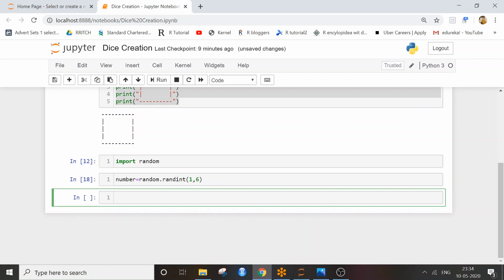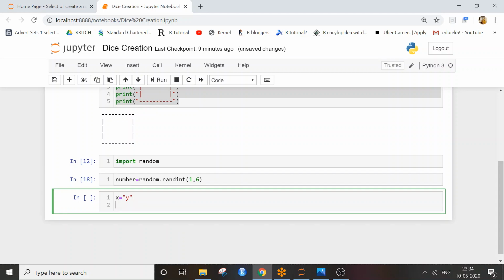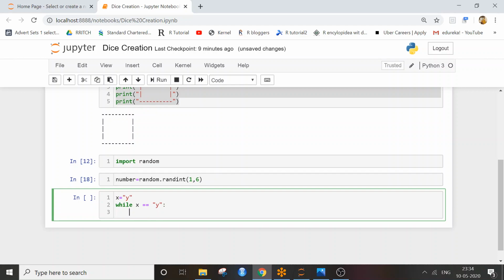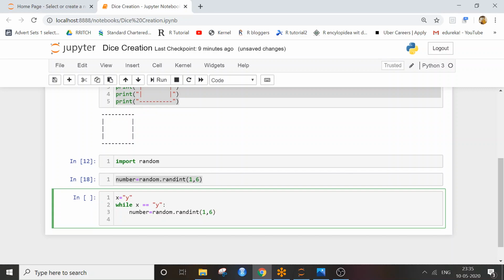Now let's create a variable x equal to y. I'm using while loop here. While x, I'm not using an assignment variable now, it is equal to. When x equal to y, copy this, paste here. If my number equal to 1, the die should throw a marked side of 1.